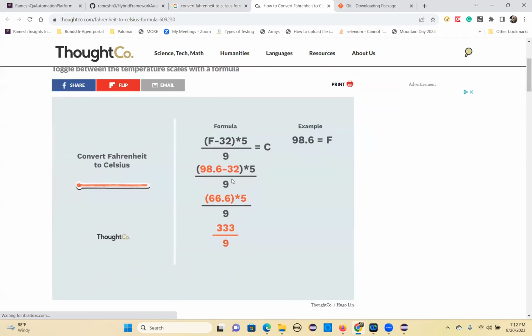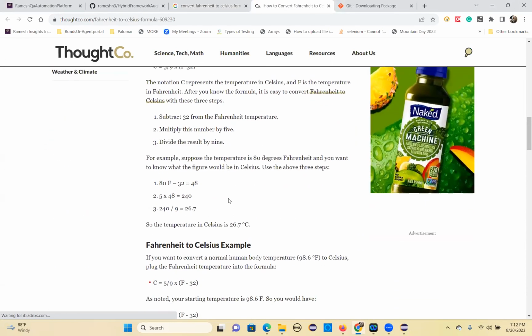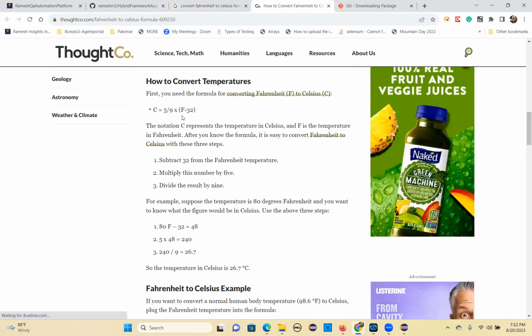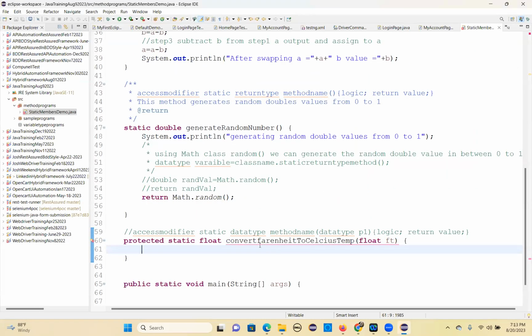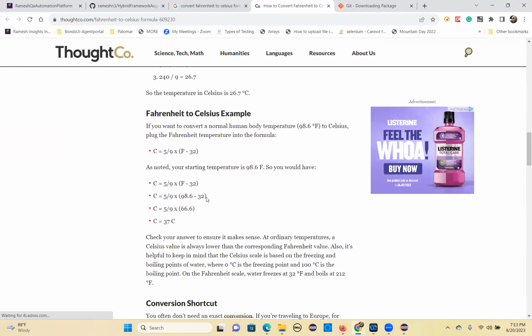Okay, so let's do this. Simple formulas, and you can easily use them. So C equal to 5/9 multiplied by F minus 32. You can use this. Or 5/9 means 1.8, right? So 1.8, you can just simplify those things. We'll calculate that. Okay, so don't worry about it. So after that, you can